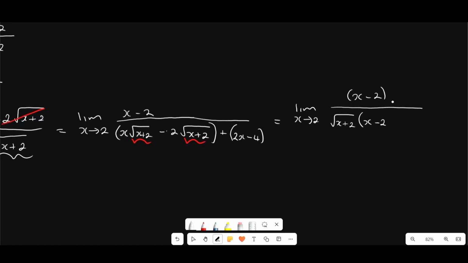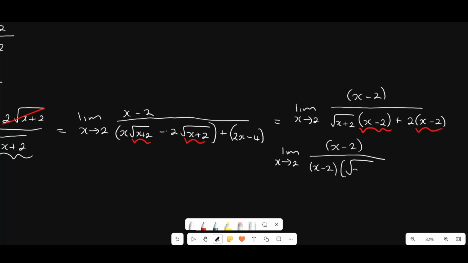And then plus, here I have a common factor of 2, therefore I have 2 outside, therefore x minus 2, right? Here I can also see that this one here again is common in the equation, therefore I have the limit as x approaches 2 of the function x minus 2, all divided by, if I take out the common factor x minus 2, then I'll be left with the square root of x plus 2,